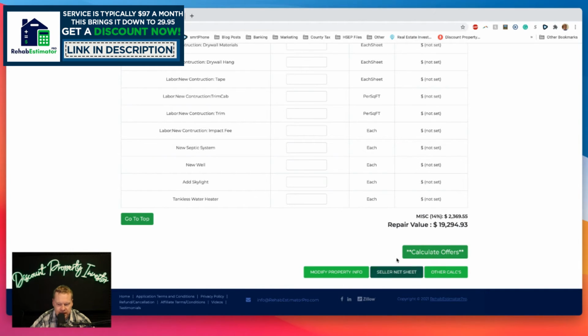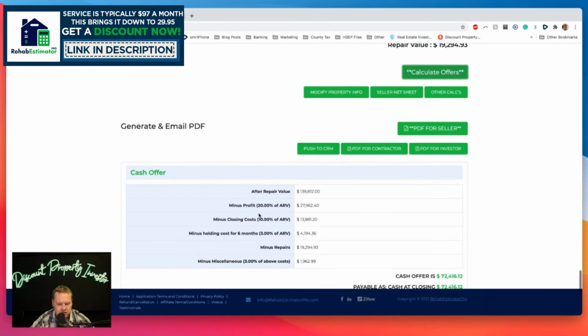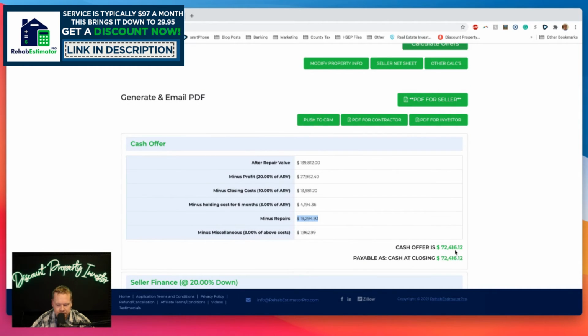Let's look at our seller net sheet and our other calculators here. All right, first off, let's calculate the offers and see what we got. So it says my after repair value is $139,000. Let's see if we bought this right, guys. Minus a profit of 20%, $27,000. Minus closing costs, minus holding costs, minus repairs. Says that we should buy this at